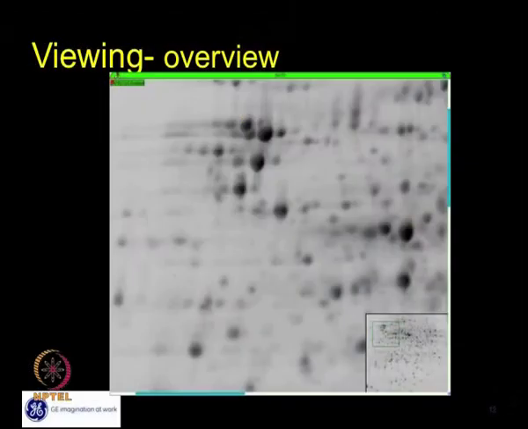There is a zoom option in this. If you select that particular area, you can directly see it on a big screen, so that you can see if there are any low abundance proteins, or if there are multiple spots binding together and showing as a single spot in the 3D view. You can decide actually here, especially when manually drawing the outline while zooming into that particular image. So this is a very helpful tool again.